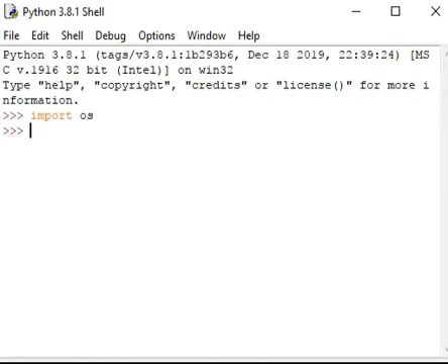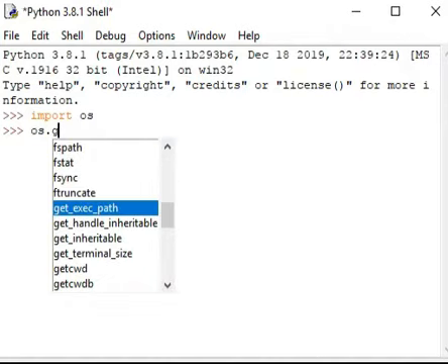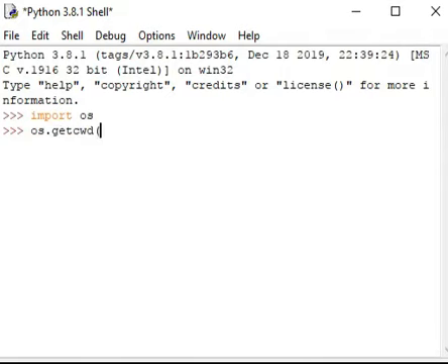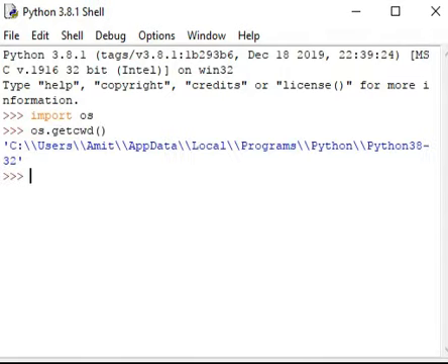Then if I want to check what the current directory is, I will use os.getcwd(), so it will show me the path. This is the current working directory path.